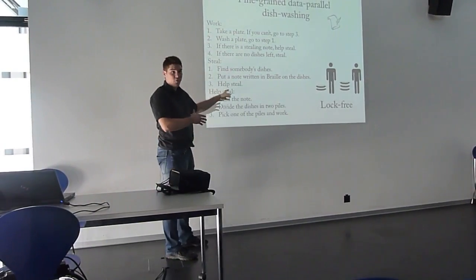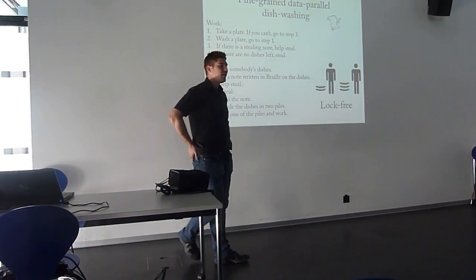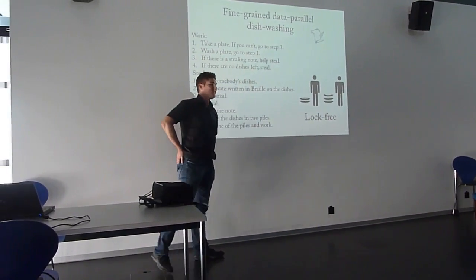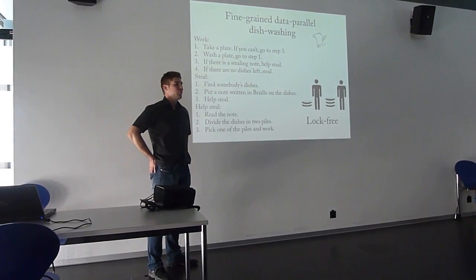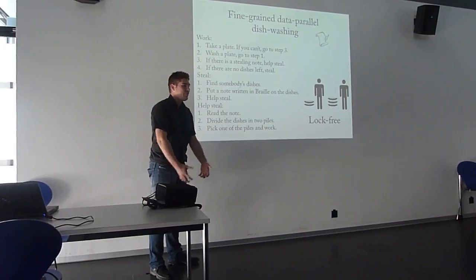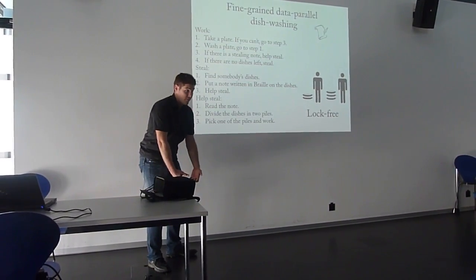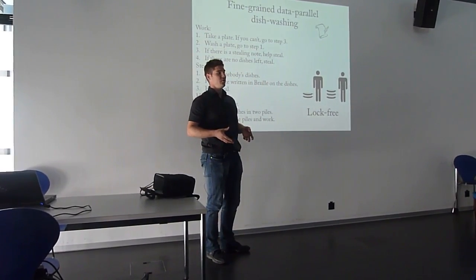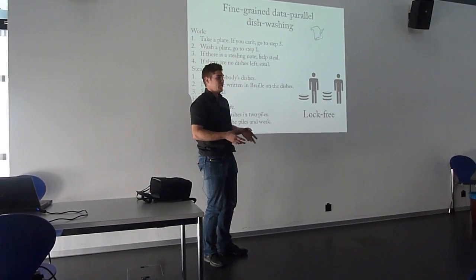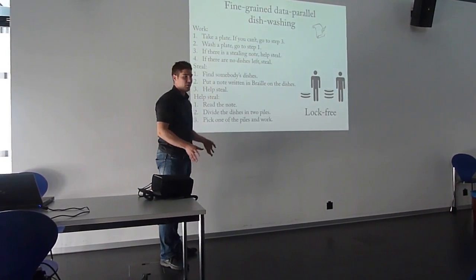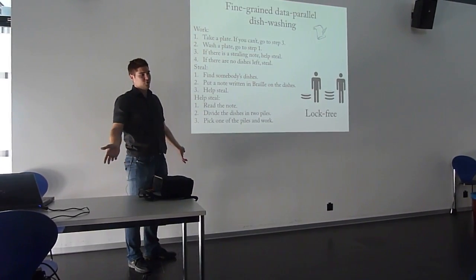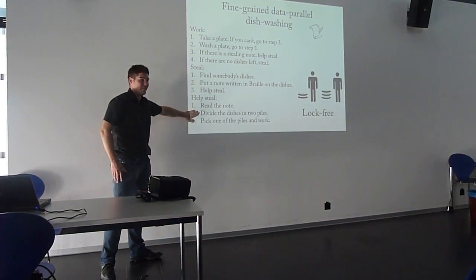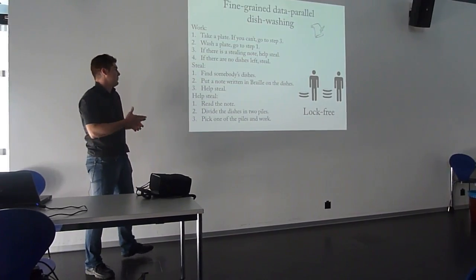And because this algorithm doesn't have any locks, yeah? How do you divide the dishes in the 2 piles concurrently without? So it turns out that in restaurant management there are some operations which are called atomic operations. When you grab a heap of plates and you move it here and put it like this, then there's nobody who can interrupt you while you're doing this. The boss cannot come in and interrupt you in the middle of this action. So you either started doing it and you completed it, or you didn't start it at all. So that's the thing. Because this dividing happens at once, nobody can interrupt him.